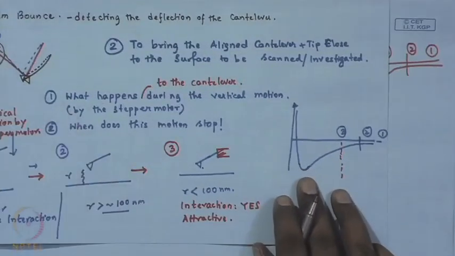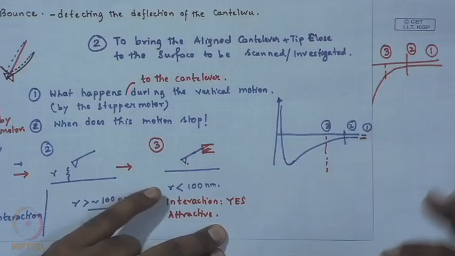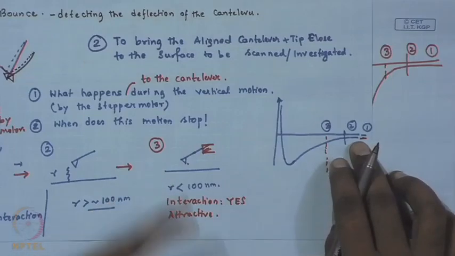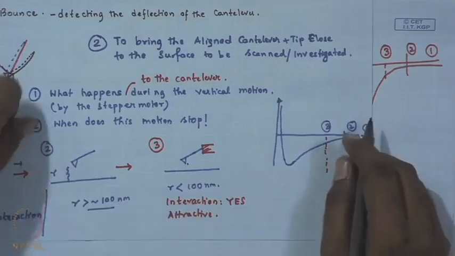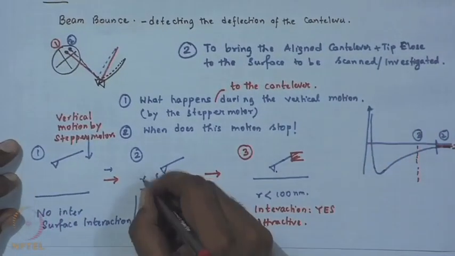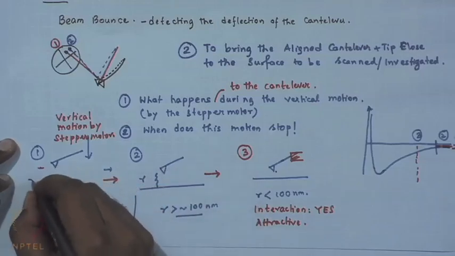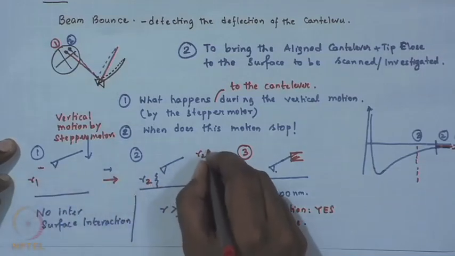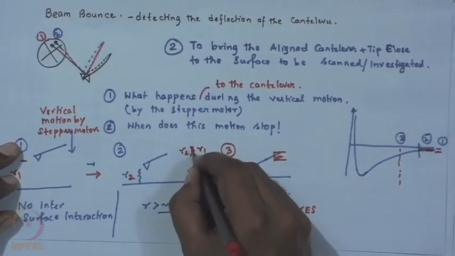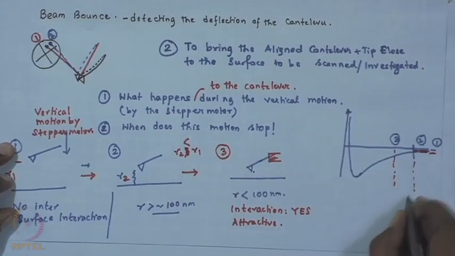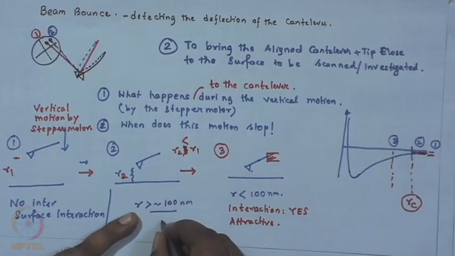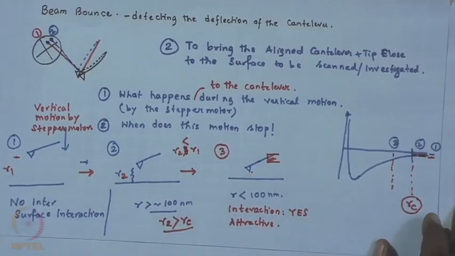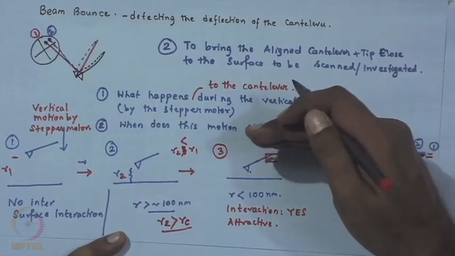So, on the force curve, position 1 where you have aligned is a few millimeters or hundreds of microns away. So, there is absolutely no interaction. You start the vertical motion, and you are still in a regime where there is no interaction. So, the separation distance, let us say, goes on reducing. This was, let us say, r1, and this is r2. r2 is less than r1, but if we mark RC as the critical separation distance below which the interaction starts, here r2 is still greater than RC. So, there is no interaction, but then as you bring the cantilever closer and closer,